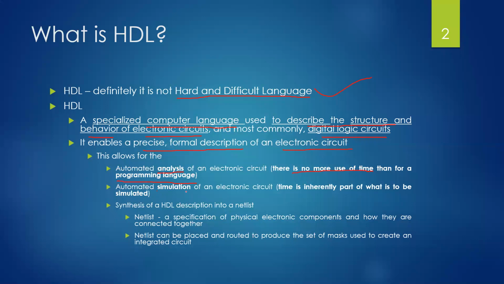And next one is it helps us with automated simulation. When we do the simulation, we have so many stuffs automated, mimicking the circuit. So we write the code, we simulate it. One example is Proteus, where you are mimicking the circuits. So here time becomes important. Based on the simulation results, we can modify a few of the things over here.